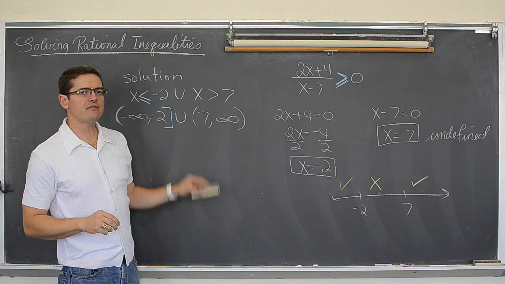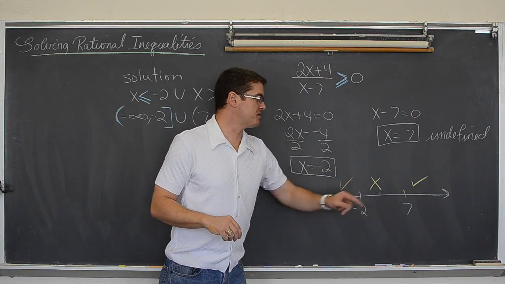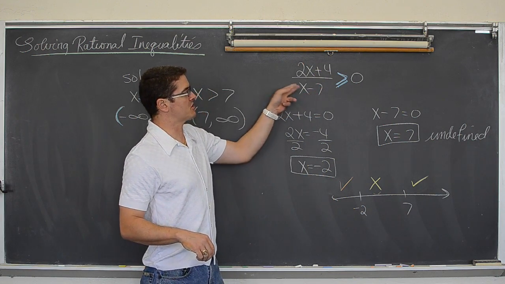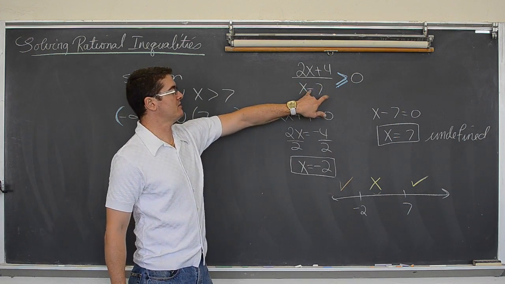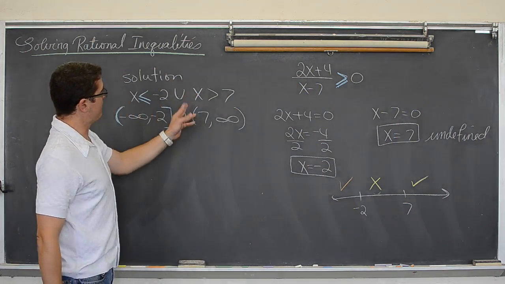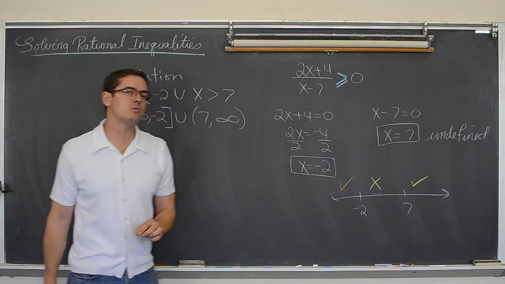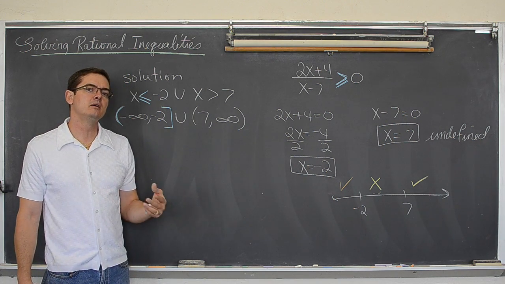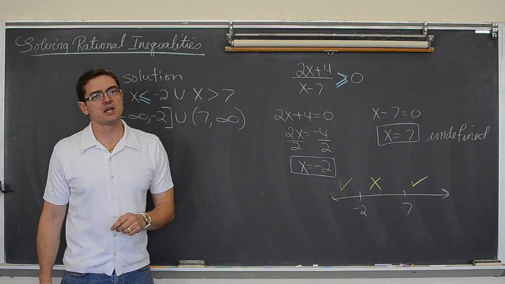But can I use 7? Again, because this whole thing can be 0, if I use the value of 7 itself, will that make this entire rational function equal to 0? Well, no. If I plug in 7, I'm going to do 7 minus 7, which is 0, which is undefined. So this half of the answer is still going to remain the same. So there is a little bit of a twist when you have that equal sign with the inequality. You also have to check the x-intercepts. Basically, you'll be able to use all the x-intercepts that don't make the denominator equal to 0.